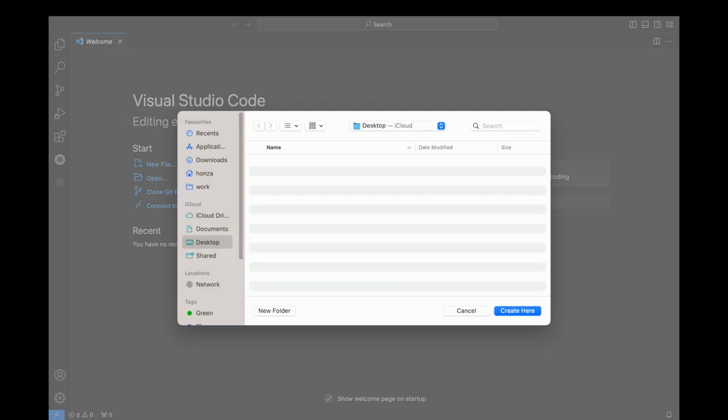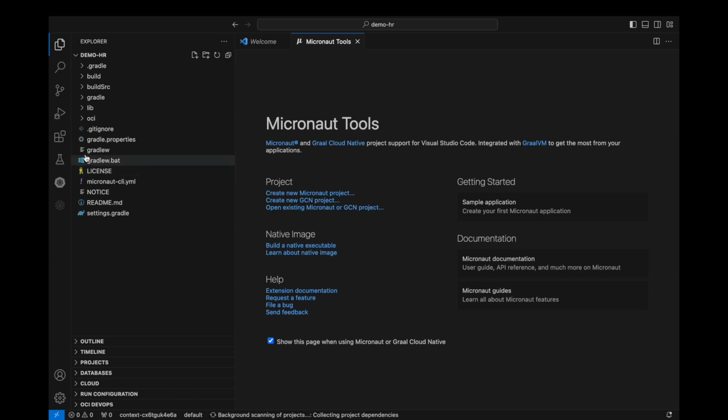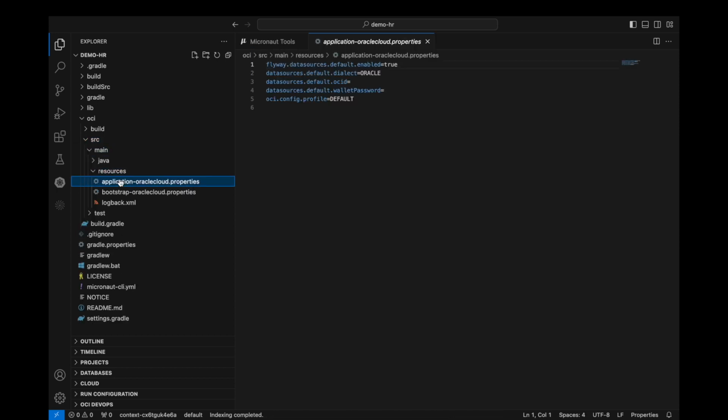It's important to skip sample code for this project, as we will be creating our application from scratch. Okay, the project is created now, and we need to comment out a few lines in the configuration files, which we won't need there and can cause some errors.